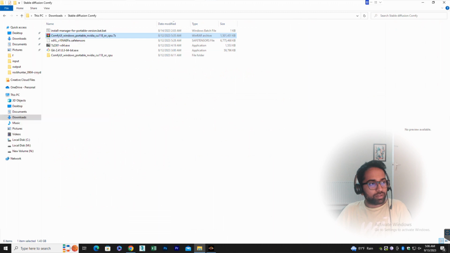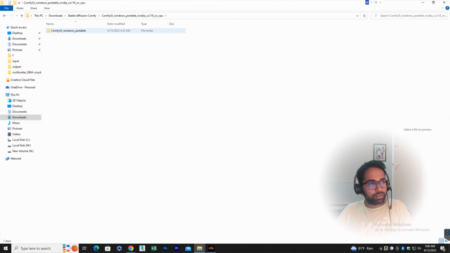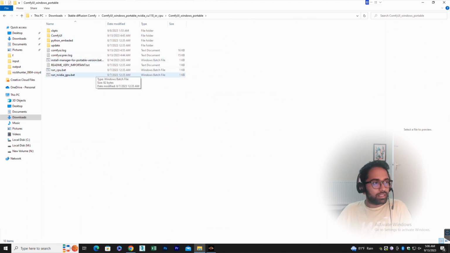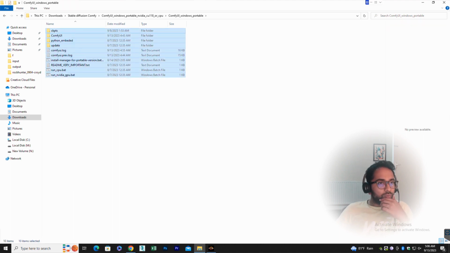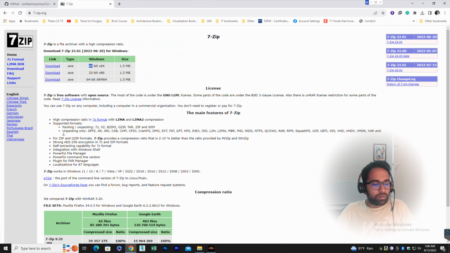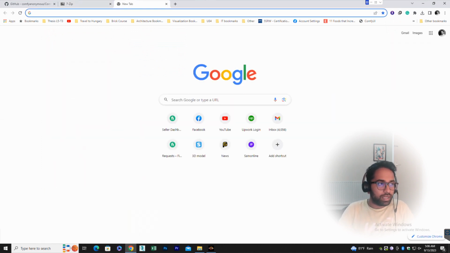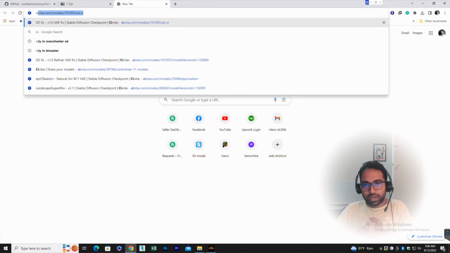And once you install 7-zip, you will be able to extract the file. So once you extract the file, there is another folder. So this is basically comfyui portable. And if you go inside it, there are different files and folders. Don't worry about this at the moment. Once you have downloaded comfyui portable and extracted this, you need to go to Civit AI, and I recommend,